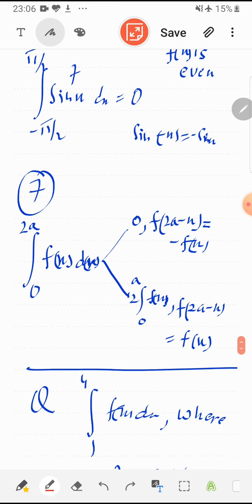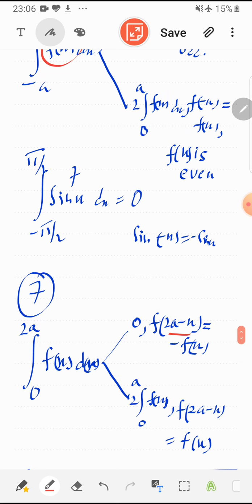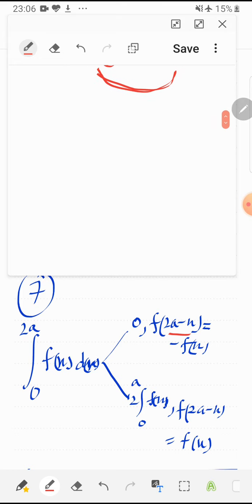Next, integral 0 to 2a f of x dx becomes 0 if f of 2a minus x is equal to minus f of x, and 2 times integral 0 to a f of x dx if f of 2a minus x is equal to f of x. Don't consider this as 2a, consider this as the upper limit only. Like if I have integral 0 to pi